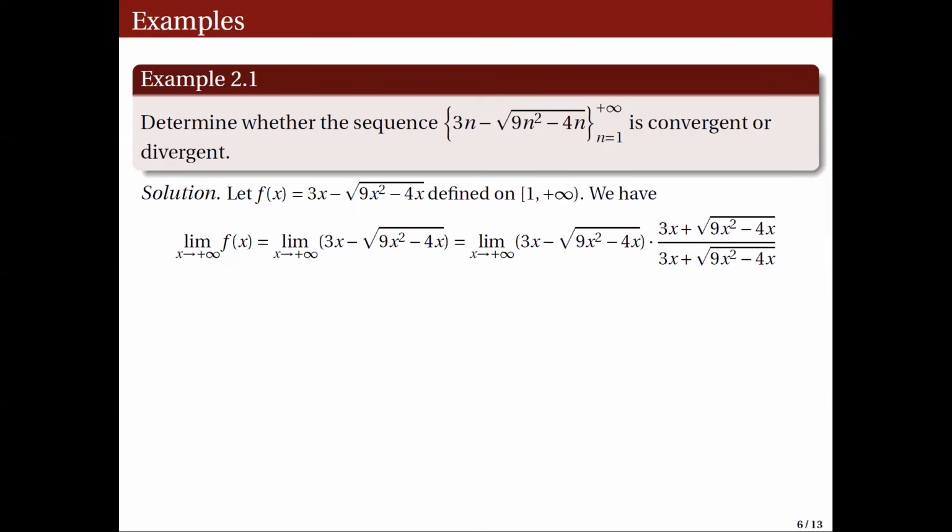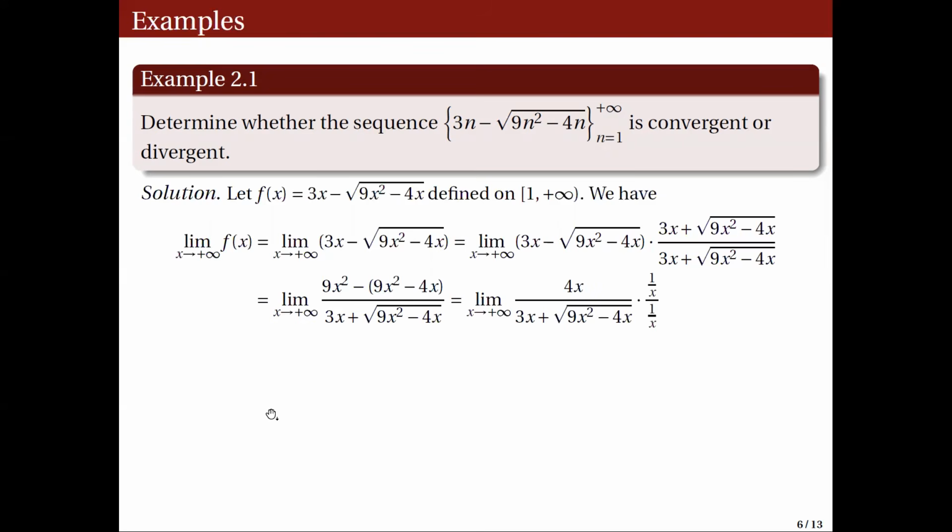So in this case, we rationalize f of x as follows. We multiply both numerator and denominator by 3x plus the square root of 9x squared minus 4x. And then we simplify it, giving the limit of 9x squared minus quantity 9x squared minus 4x all over 3x plus the square root of 9x squared minus 4x. As you can see here, we actually applied the difference of two squares to our numerator. And then we have the limit of 4x all over 3x plus the square root of 9x squared minus 4x